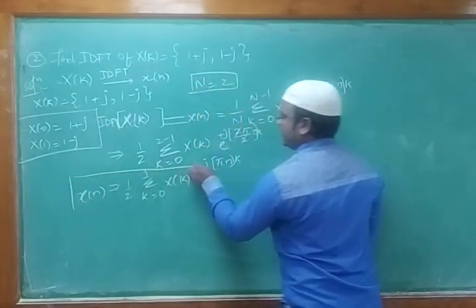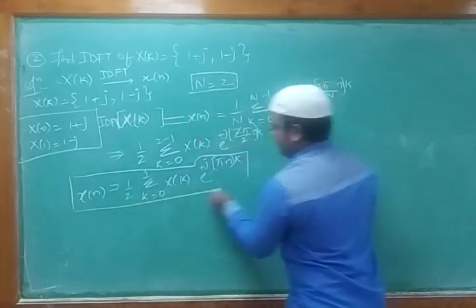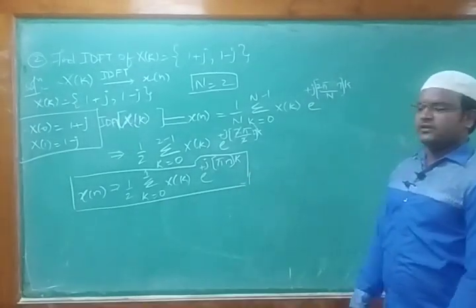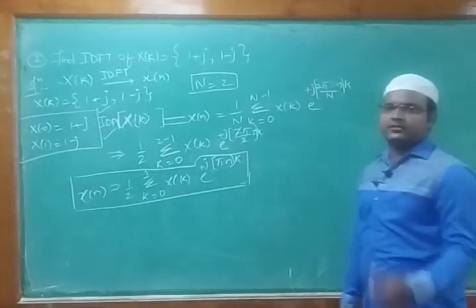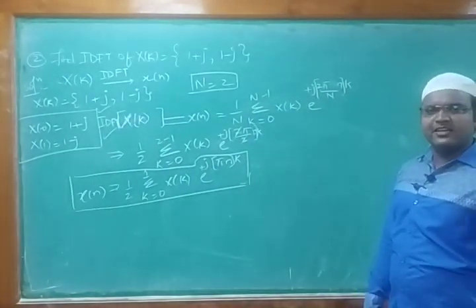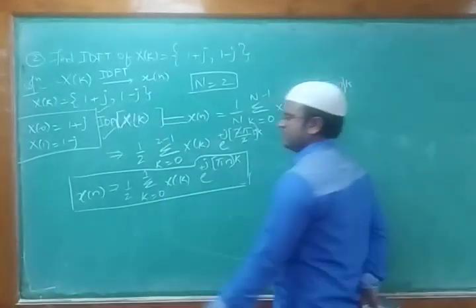So we formulate first the given expression of it. Next thing, what are the two cases we need to find? X of 0, x of 1 means we need to use two cases. N is equals to 0, first case, n is equals to 1 would be the second case. So first case 1.